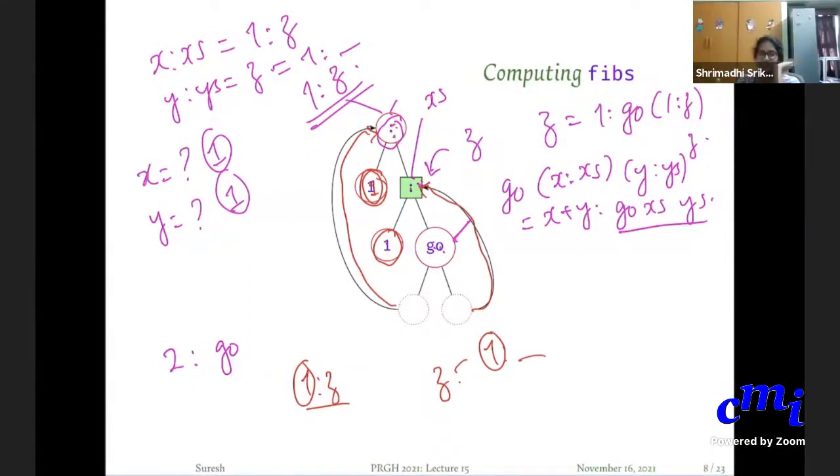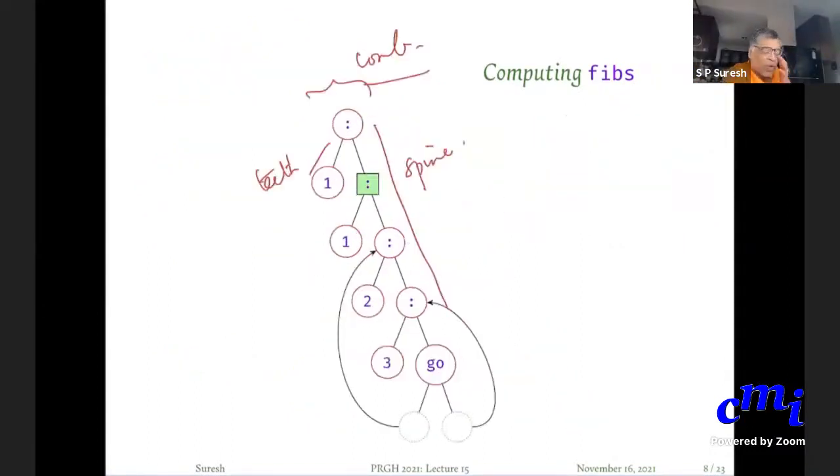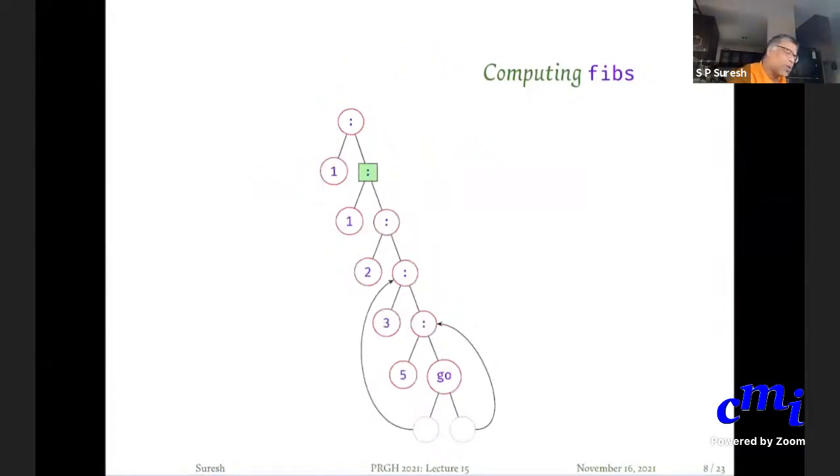Not that you need to know the full details, but this is what happens. But the nice thing is that because of this, you will keep expanding this comb by adding more and more teeth. Each tooth is a value. And at every point of time, just like with the earlier solution, you only have 2 pointers that you maintain. One to the last value and one to the penultimate value. And you keep expanding like this. Okay. So yeah, and then you will go 5 and this whole thing.